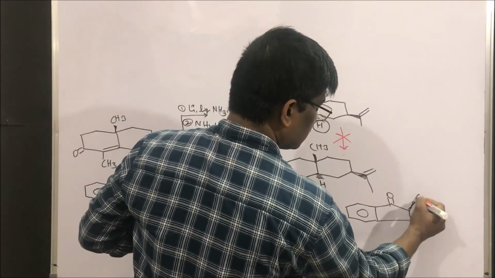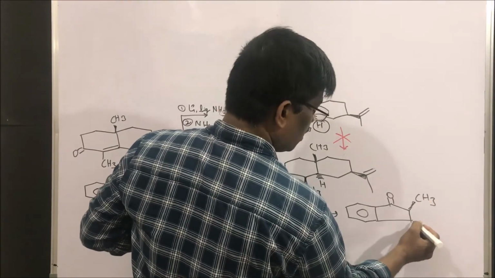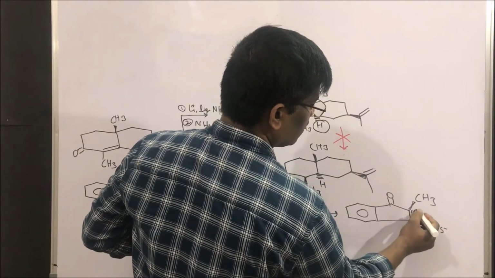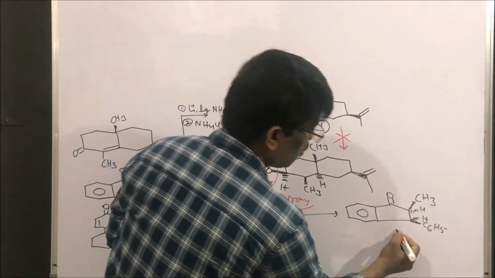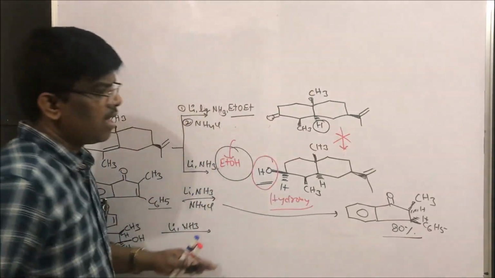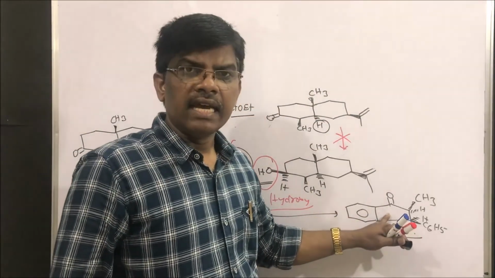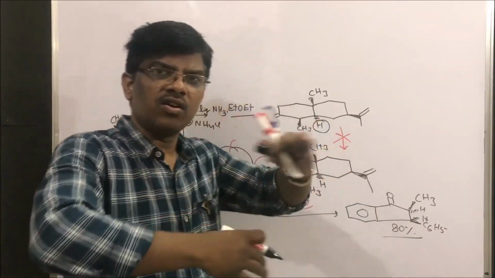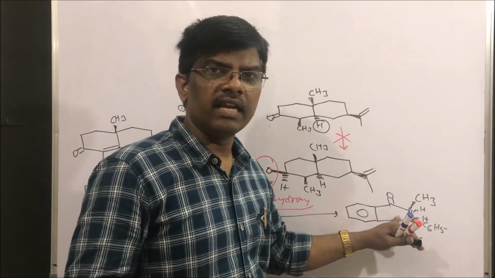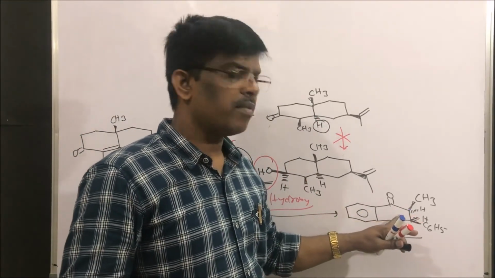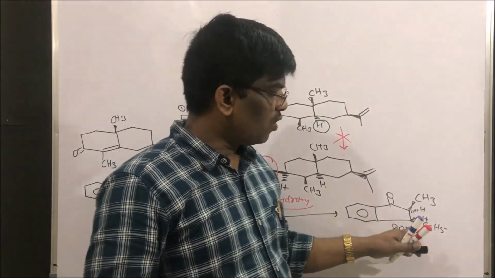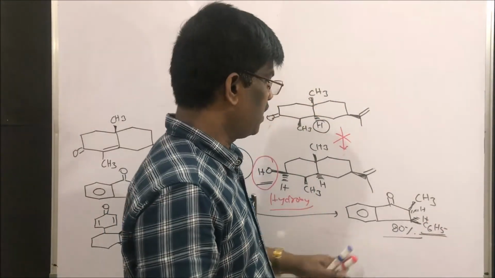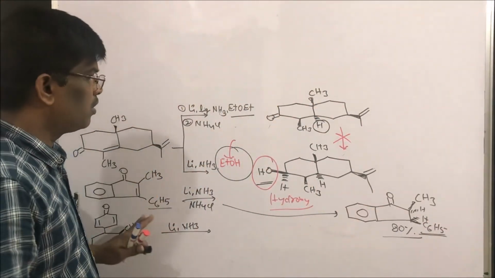So methyl CH3 and this C6H5 and hydrogen is here, hydrogen is here. So cis compound is about 80%. This is one exception because the ring has restricted rotation. So during the intermediate, the ion and radical will not rotate because it is a ring form, isn't it? So this ring form is not going to undergo further rotation, because this phenyl bulky group also is here. So this is 80%. Don't worry about the stereochemistry.